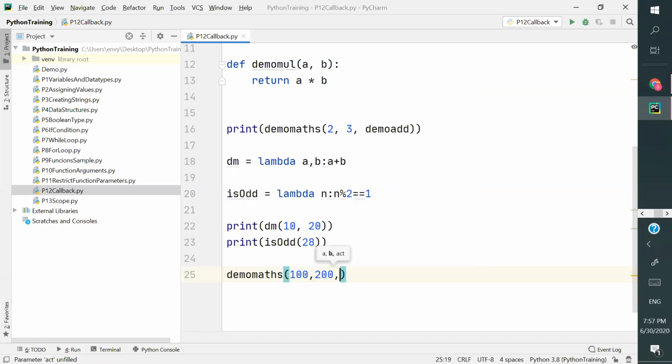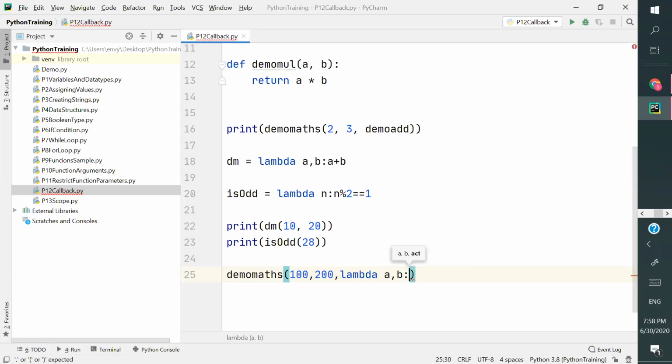And what do you want to do, what is the action? Either you specify the predefined action, that is demo mul or demo add, like that, or you can specify an action here itself. So I'm going to use lambda, and then what is your action? That function should have two parameters, so I'm going to use a comma b. You can use any other variables as well, no issue.